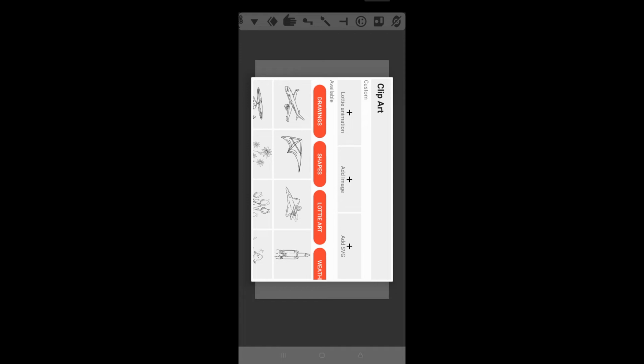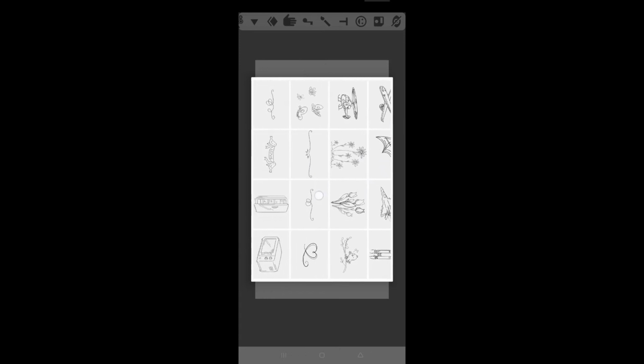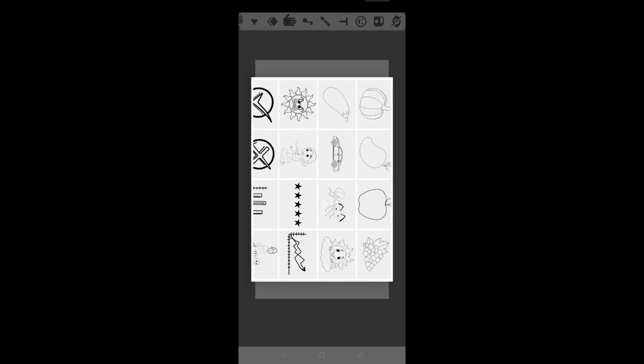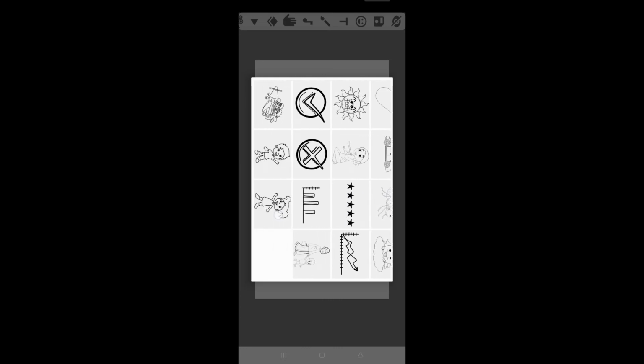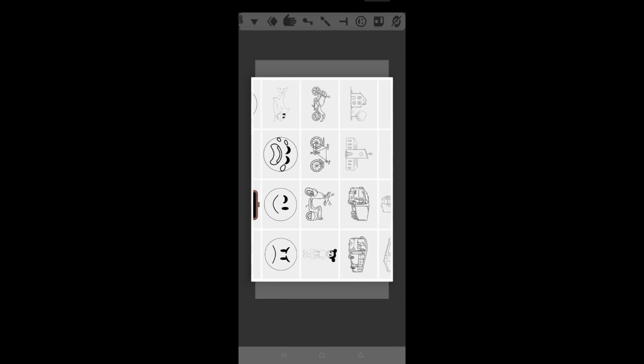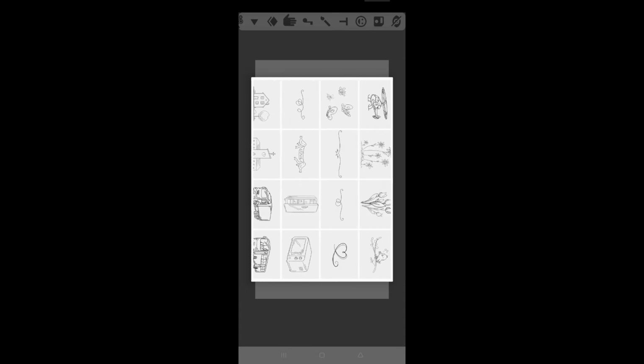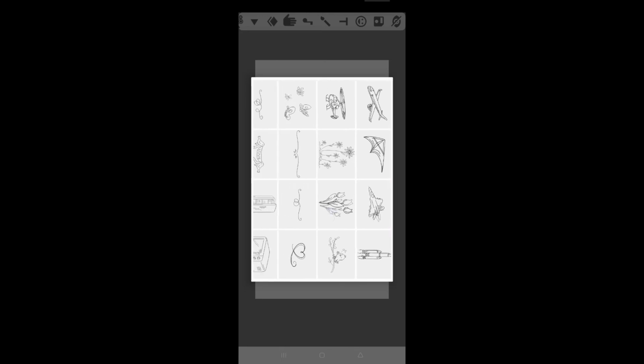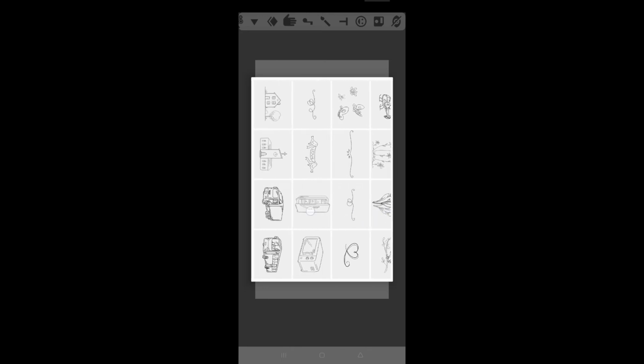So first of all, we have to do the basic things. This is drawing. Drawing means you can choose from here any shapes or any pictures related to your topic. Our topic is computer, and the computer is not here, so I will take one electronic device, like this freezer.